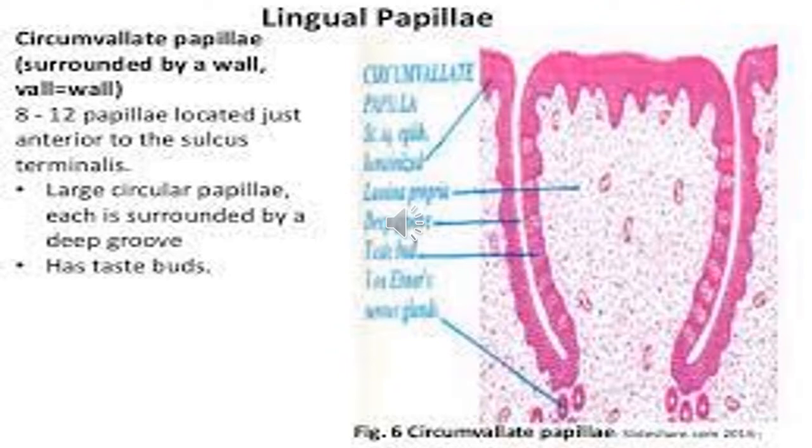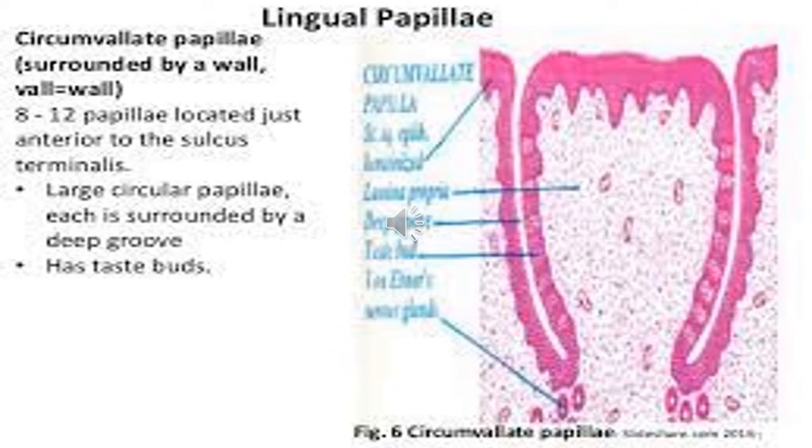The epithelium that is covering it is the non-keratinized stratified squamous epithelium. So let's discuss these lingual papilla again. The filiform papilla is covered by the stratified squamous keratinized epithelium, and they are the most numerous ones, while the fungiform, circumvallate, and the foliate papilla are covered by the non-keratinized stratified squamous epithelium. The second difference is the shape: filiform papilla are thread-like, fungiform are mushroom-shaped, circumvallate papilla are somewhat rounded, while the foliate papilla are leaf-like in shape.